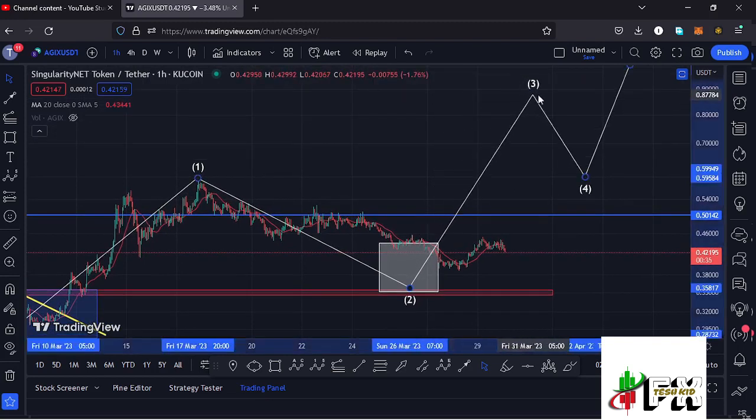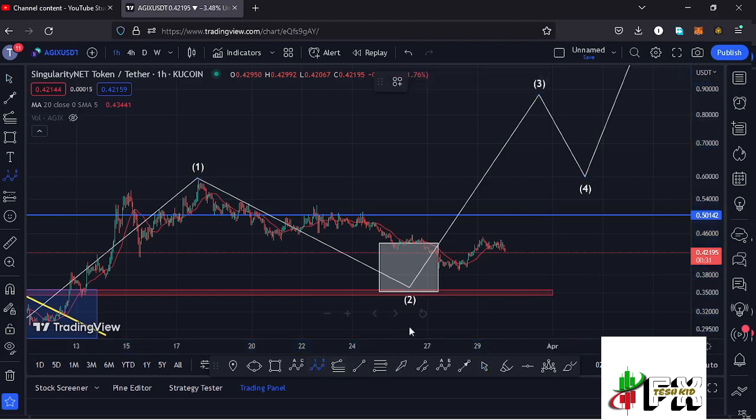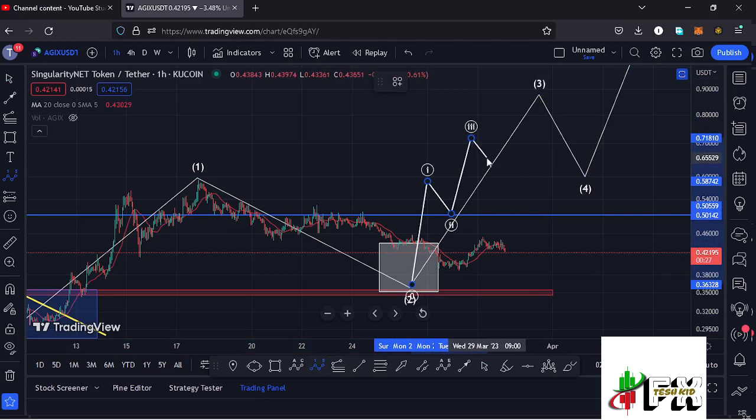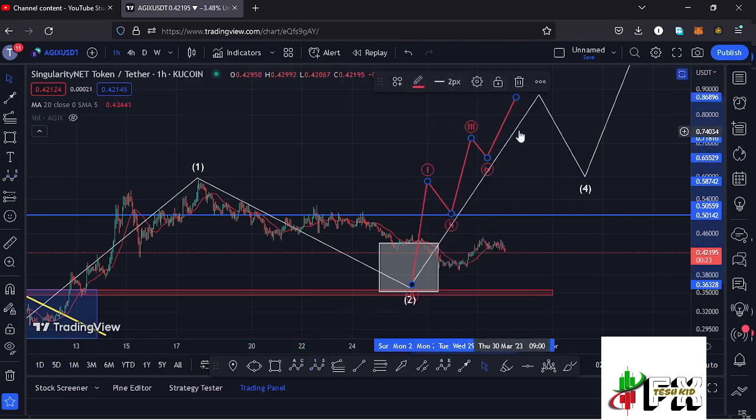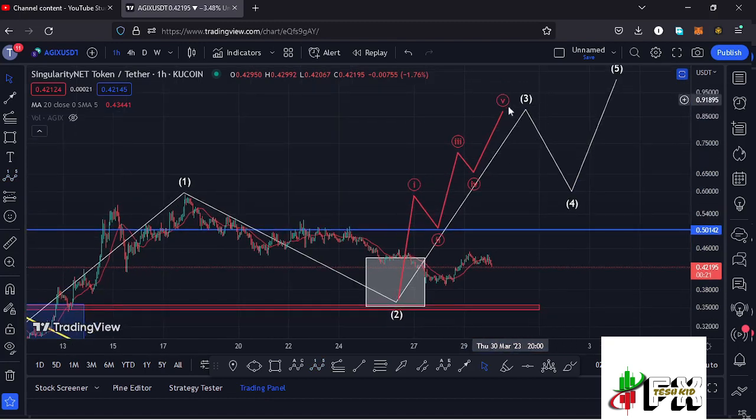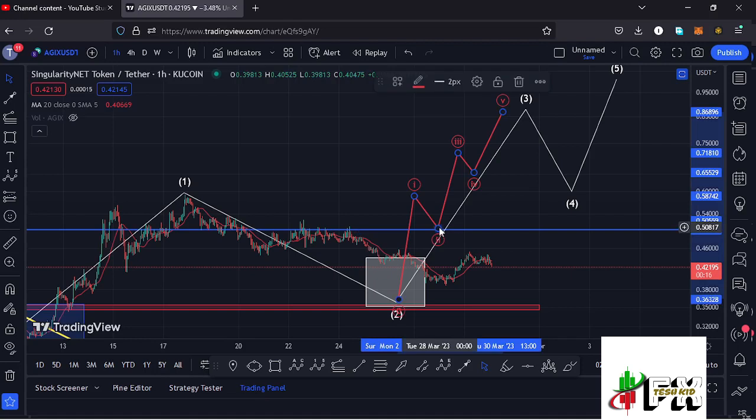And in the formation of this wave 3, which is also an impulsive wave, I'm also expecting to see another 5 wave structure in formation within the formation of that wave 3, having the wave 5 fully maximizing our target areas and also giving us the high for that wave 3 to the upper side. And it is this micro Elliott wave count within the formation of this wave 3 that is going to give